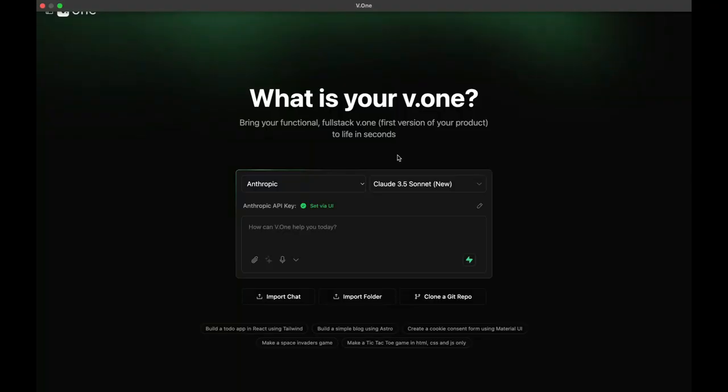Okay, so this is the V1 builder. This is allowing us to build full stack applications with just text, not having to write any code. So to go over some of the features quickly before we jump into a project that we made, this is